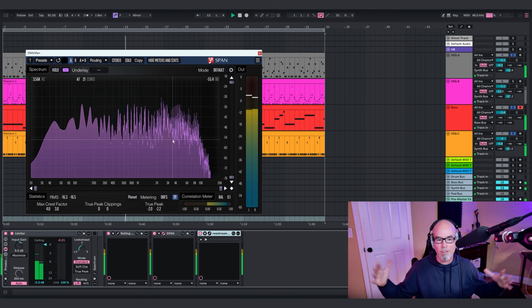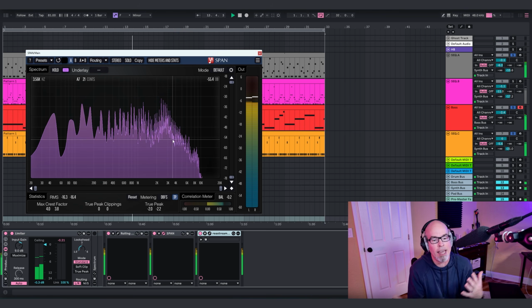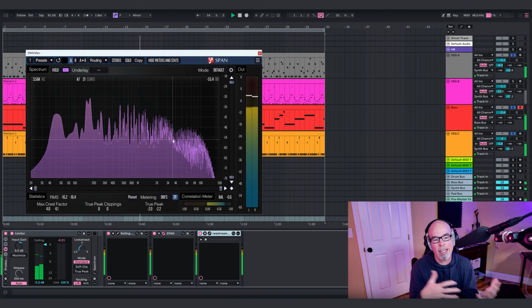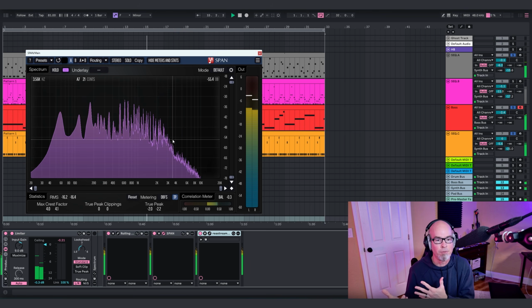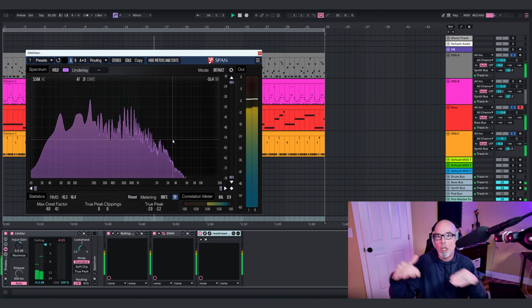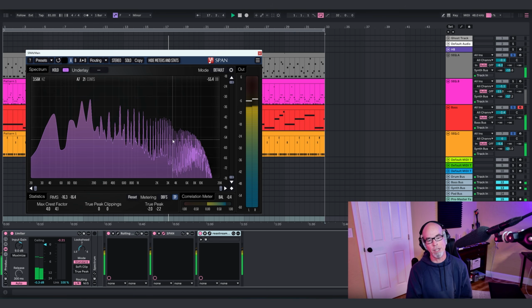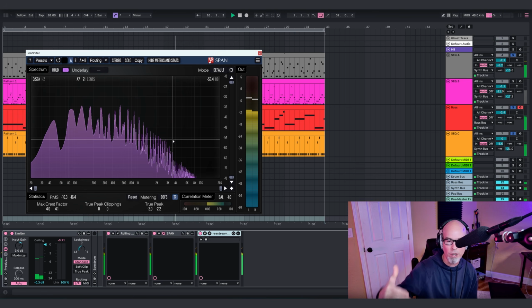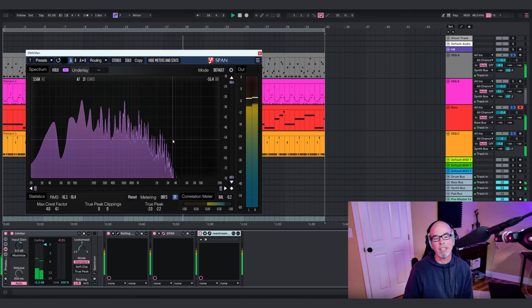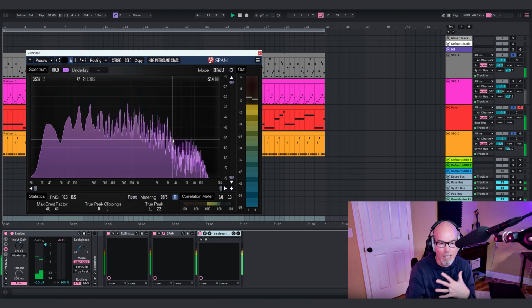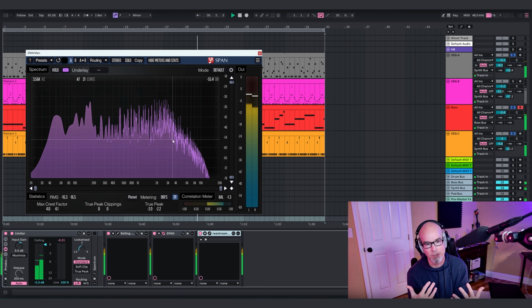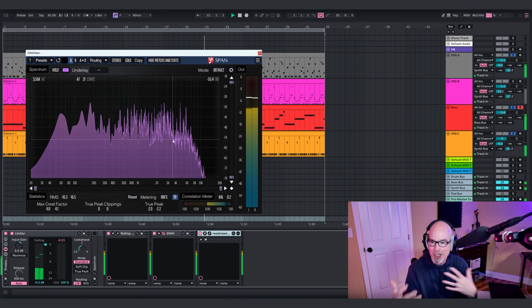This is key, because if everything was condensed between, say, 600 hertz and like 2K, you'd have a problem, because there would be no balance, right? Everything would be focused in one particular area. However, with that higher sequence that kind of touches that high frequency, that's how you get that feeling of clarity and perspective. There's no mistake here,